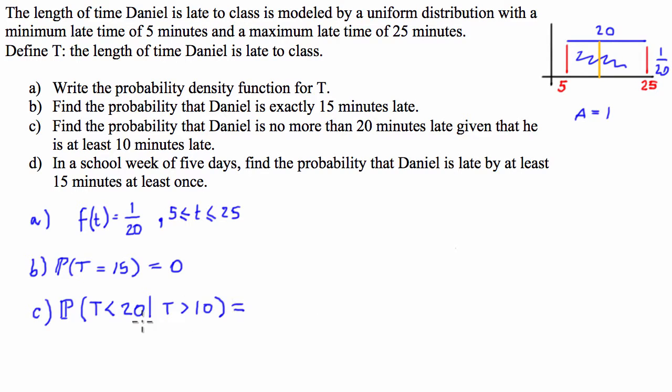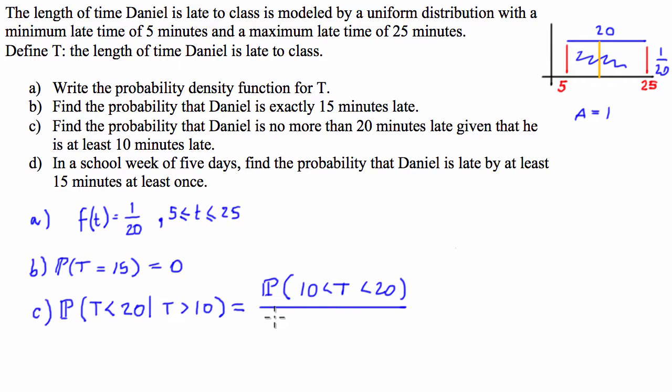So using the formula for a given probability, we can just say that this is equal to the probability that he is between these two times, so 10 up to T up to 20,